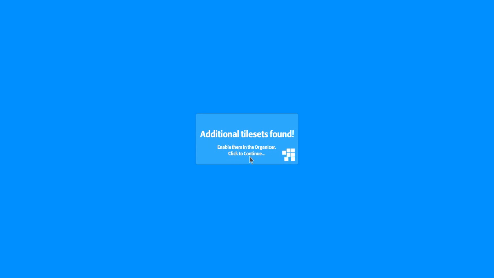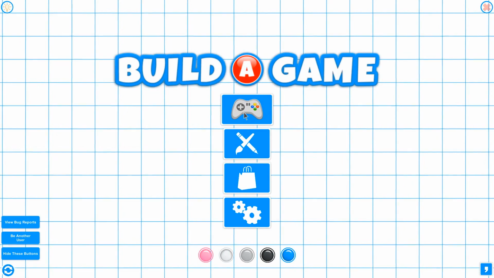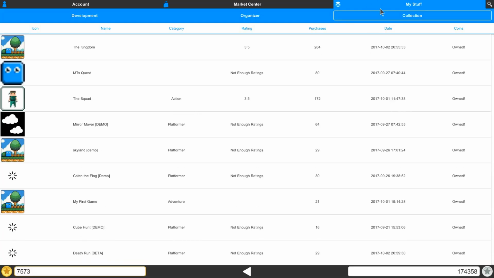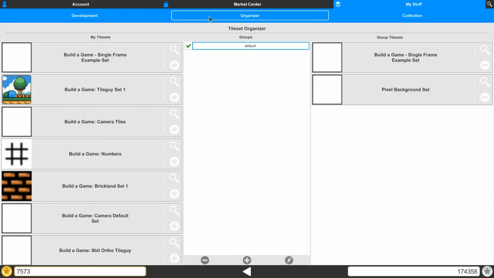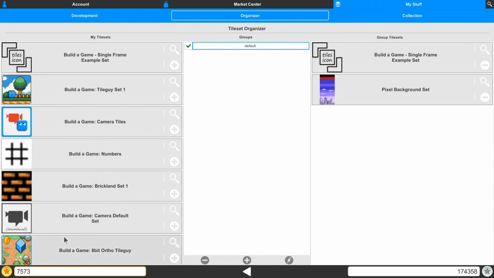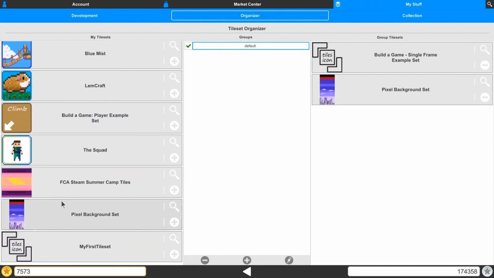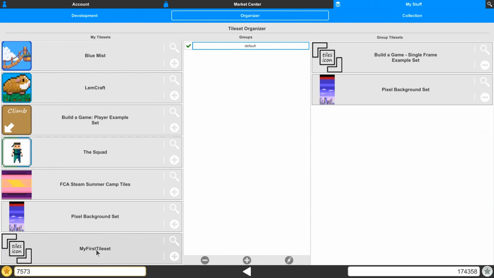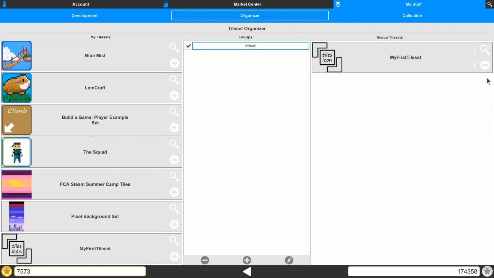I can go to my organizer. So if I go to my stuff and go to my organizer here, I'm going to notice that in my organizer, I'll go down to the bottom here, I have my first tile set, and I can actually add this to my list over here, and then we'll actually remove these so it's just the one right here. Alright,